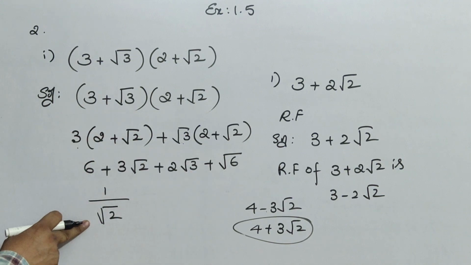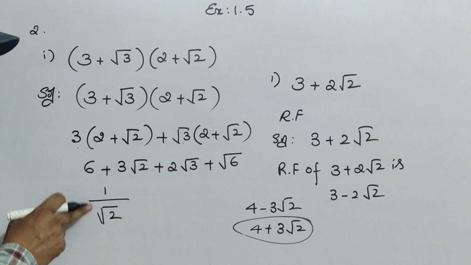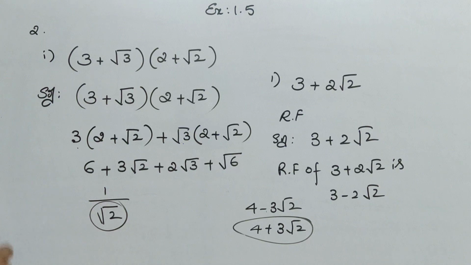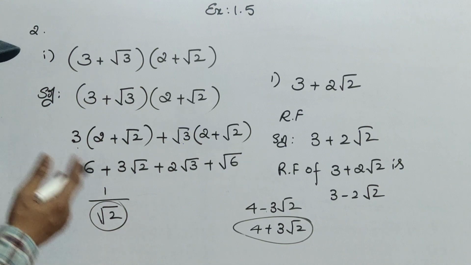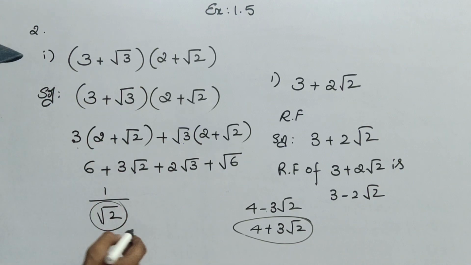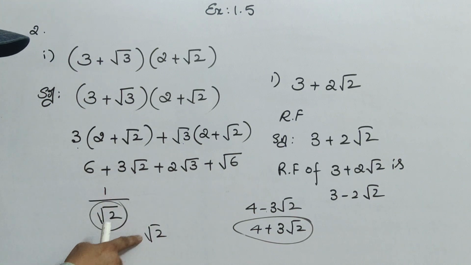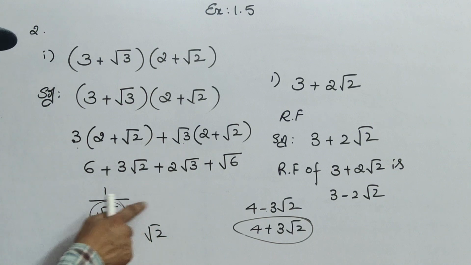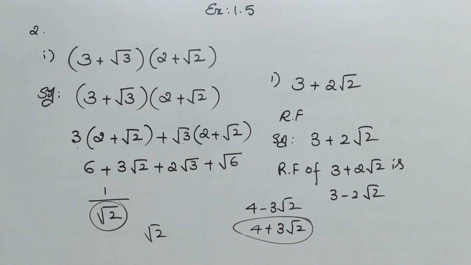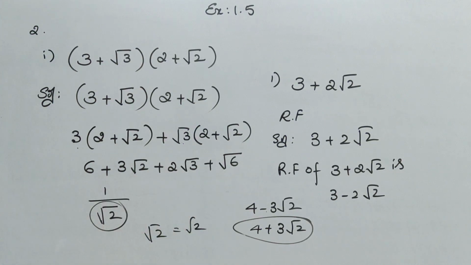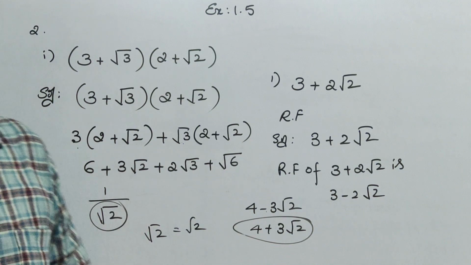We only do the rationalizing factor when they are irrational numbers. But 1 by root 2 is also an irrational number, no? Now you may wonder how to write the factor for root 2. It is single, no? There is no plus or minus. So whenever root 2 or root 3, root 5, or whatever is there in the root alone, without any combination of plus and minus, you have to do it the same way. That means the factor of root 2 is root 2 only, root 3 is root 3 only. Okay, is it clear, children?